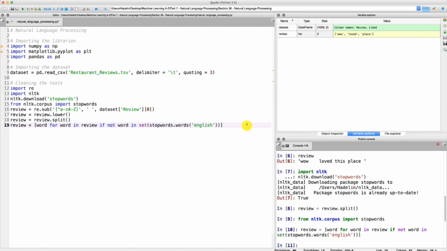And so now we're ready to move on to the next step, which is about stemming, and as a reminder consists of only keeping the root of the different words to simplify the review even more. And so we'll do that as the next step of the cleaning process in the next tutorial. Until then,